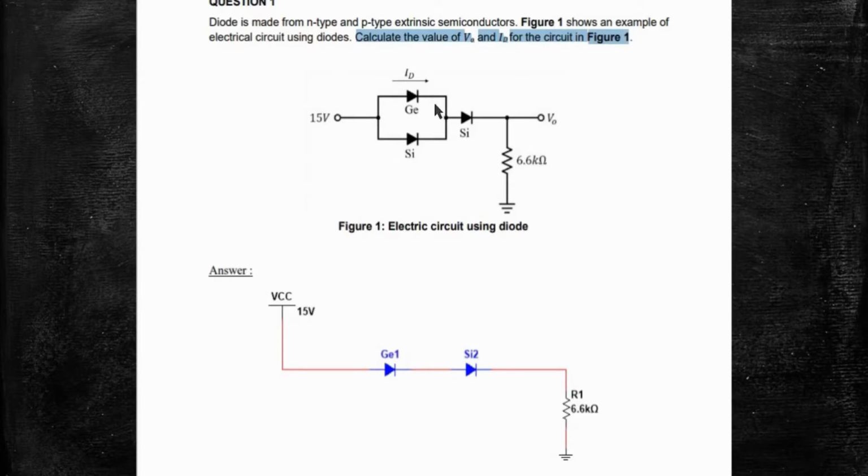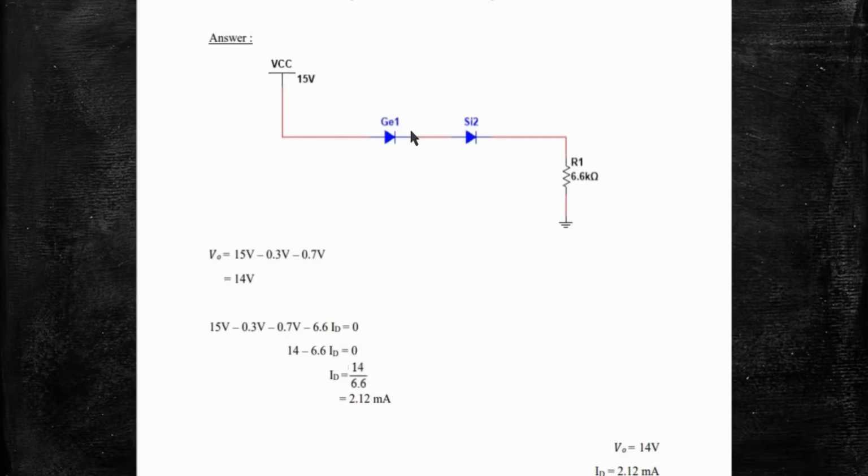0.3 volt. Before we start the calculation, I will imply that the IV curve of the silicon diode will be less stiff than the germanium diode. That means the germanium IV curve will be more stable than the silicon. This germanium diode will draw more current than the silicon diode, so the circuit will be changed. So this is the circuit I have drawn. It is in series configuration, which now only has one germanium diode and one silicon diode.